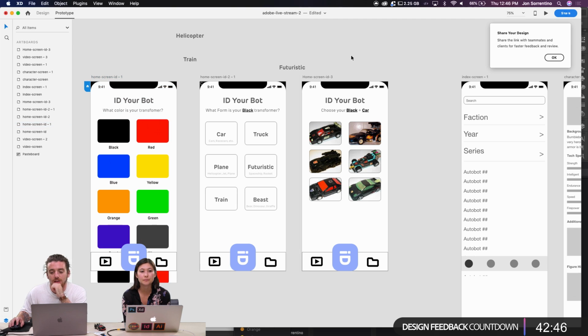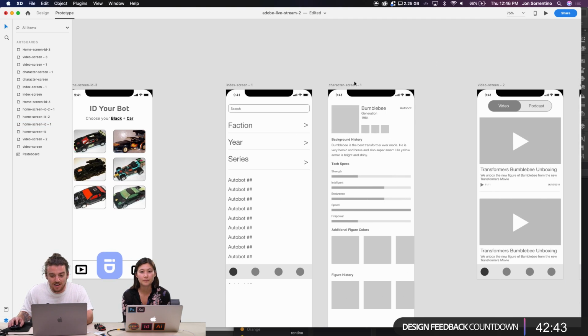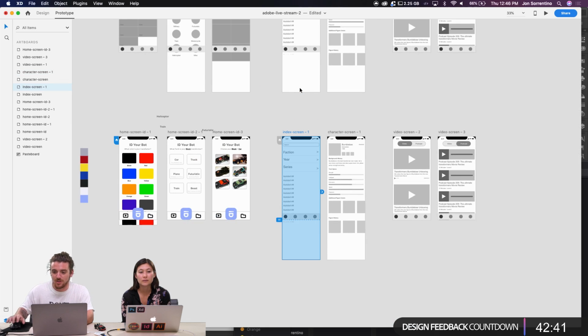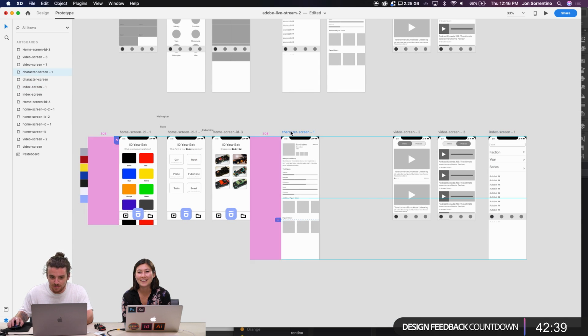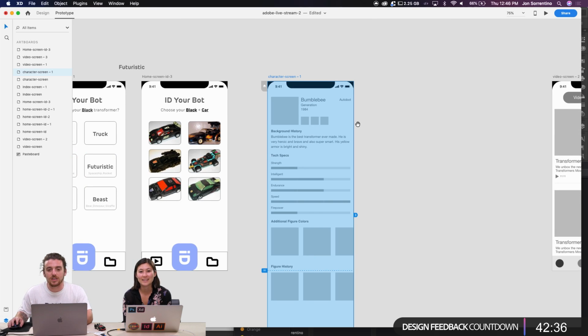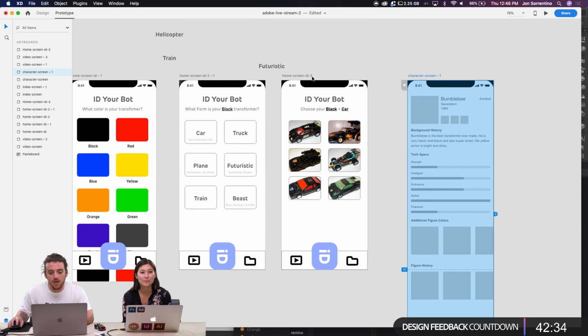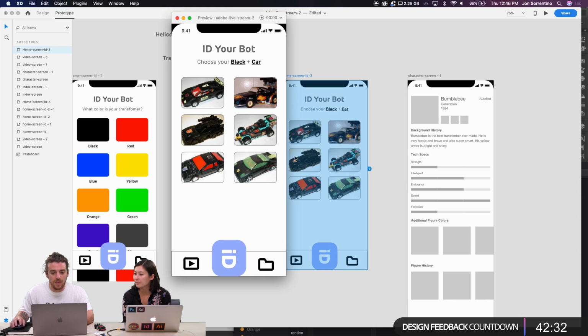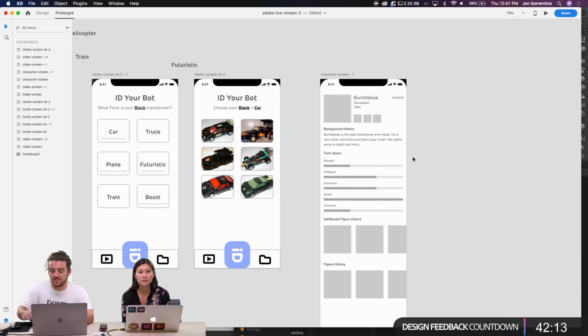Now we need to figure out our character page. This is what I was pretty excited about today. If we don't get to the rest of this app, I think this page is something we can make look really good. Once you get to this page, we want to be able to click on this transformer, because this is the one I brought in today, and go to that unique character's page and read more about it. It's going to have a little more information, some background history, some specs and things like that.